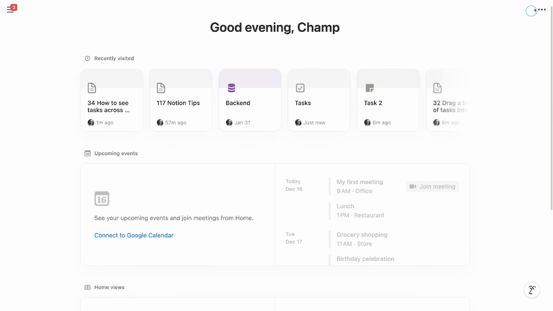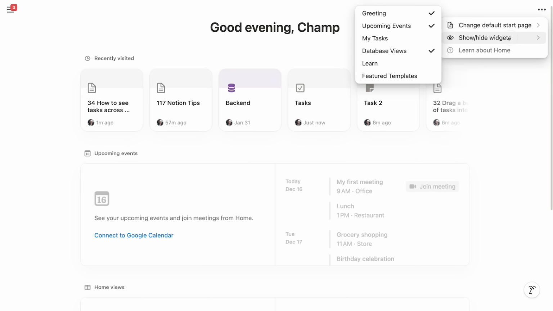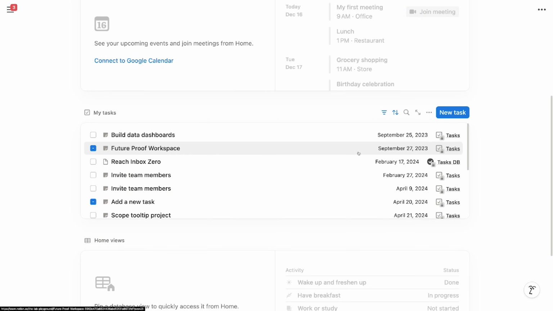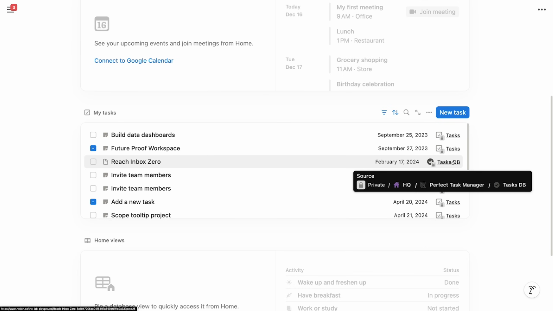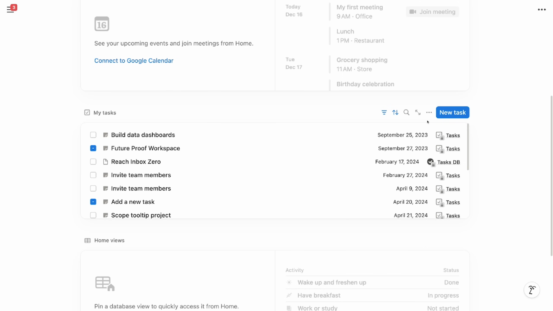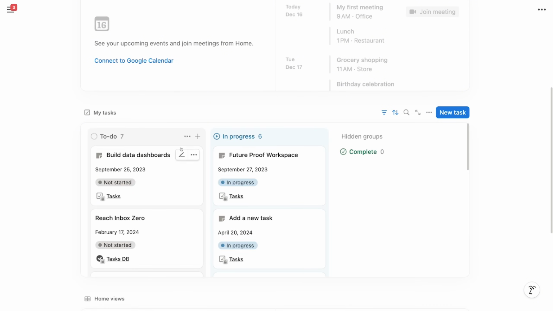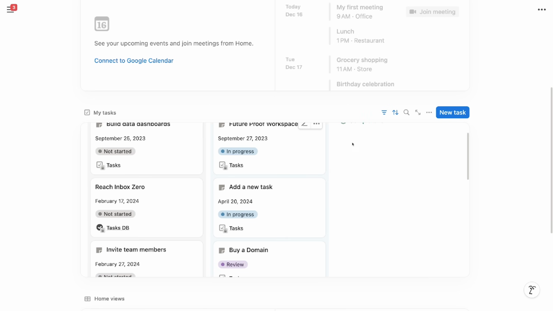I have it currently hidden, but you can go through the 3 dots, show/hide widgets, and then show my tasks. Now you see I have this centralized view, which pulls in entries both from my task database and from the tasks DB. You can then adjust the views, right? You could say, I actually don't want to see this as a list, I want to see this as a board, whatever you want to display it as,